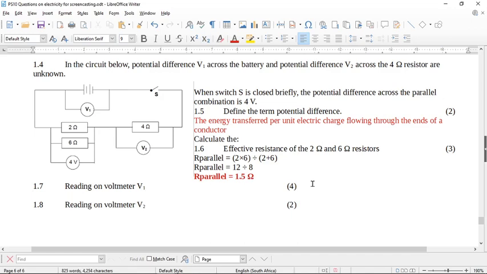So if we look at the ratio of the resistances, these two have an effective resistance of 1.5 ohms, and this one has a resistance of 4 ohms. So the total of my ratio is going to be 1.5 plus 4, which is 5.5. So if we have a look here, we know that 1.5, because now I'm looking at the parallel resistors, 1.5 over 5.5 is going to be equal to